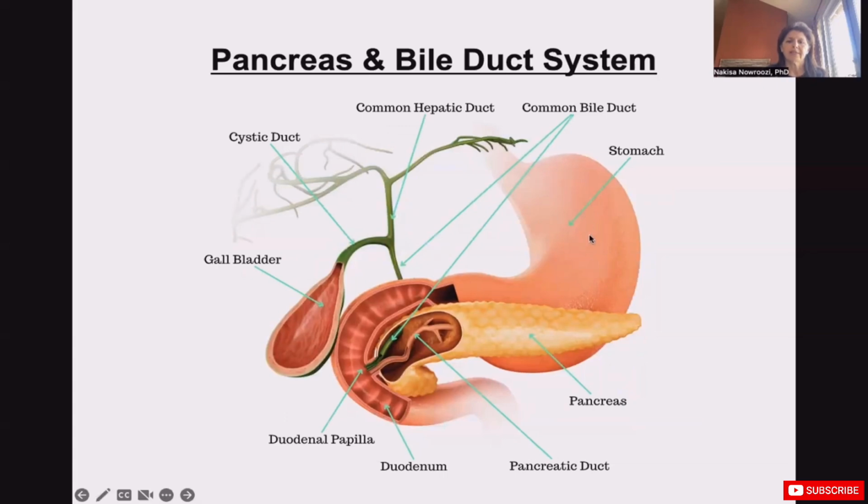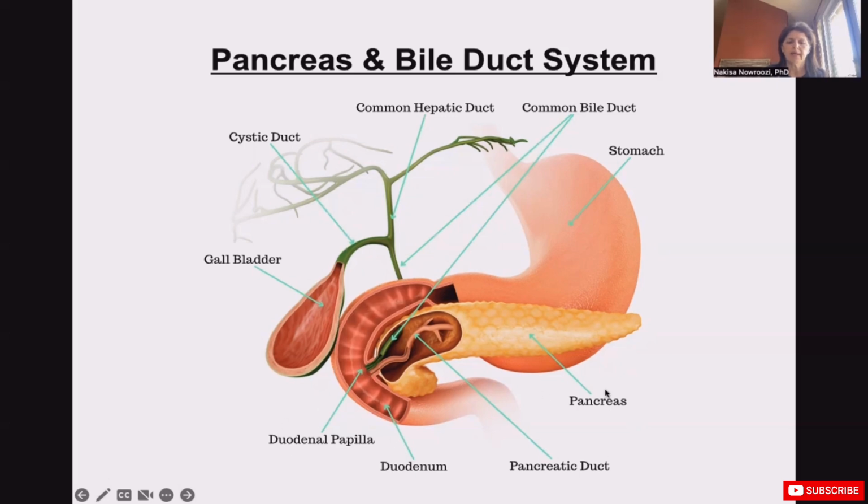Here we're looking at stomach, pancreas, duodenum, and gallbladder. So here we look at the bile duct again in another close-up look. We have cystic duct, common hepatic duct from the liver here, merge to become common bile duct. Common bile duct will empty its content into duodenum, the beginning of small intestine, through this opening, which is called